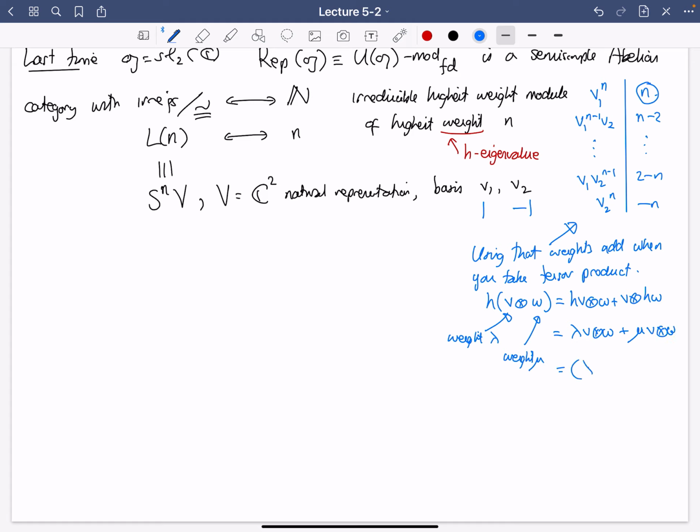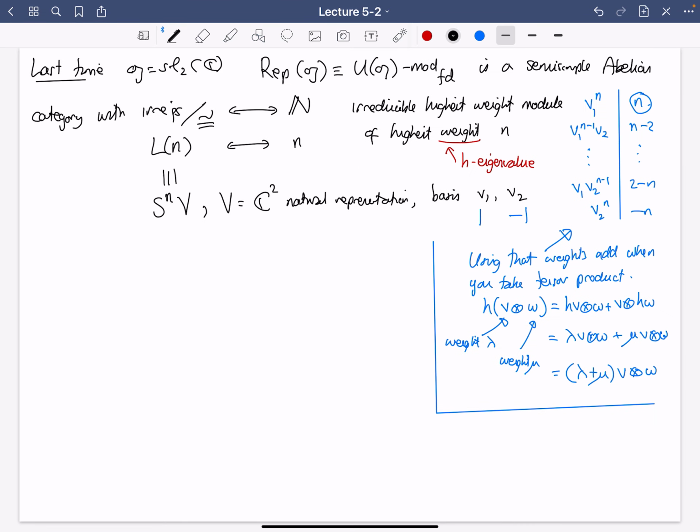And so the weight of V tensor W is therefore lambda plus mu. That's the eigenvalue. That's what I mean when I say weights add under tensor product. So what I wanted to do, just to wrap this up today, is think about